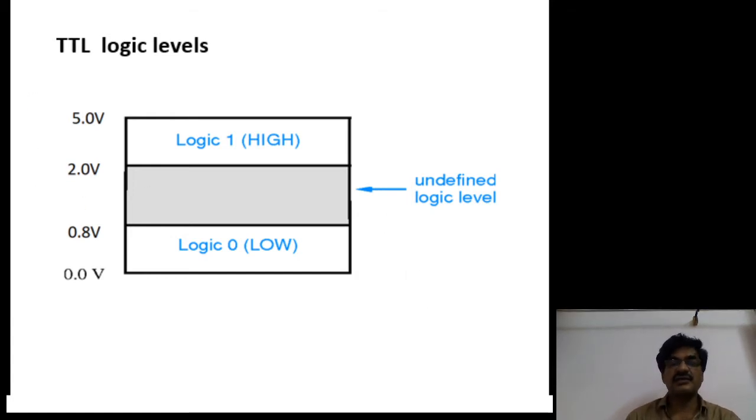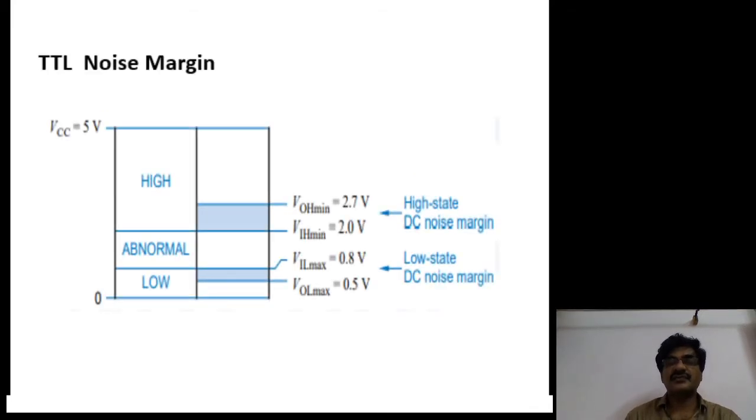Similarly, we have already seen this in CMOS. Then coming to noise margin voltages, you know what noise margin is? Noise margin is a tolerable voltage up to which, despite the noise effect, you can get the correct results. That range is referred to as the noise margin. There are two types of noise margin, with reference to logic low and logic high: low level noise margin and high level noise margin.